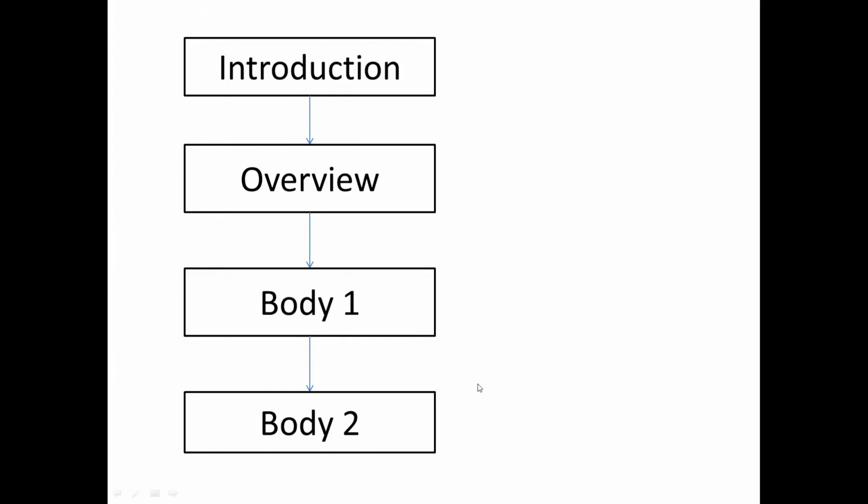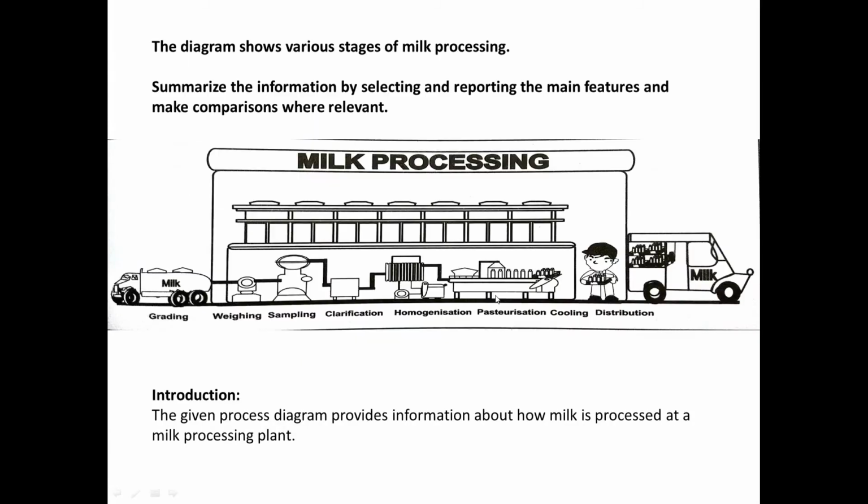Then in the body paragraphs we are going to explain everything from the diagram, from the first process to the last, in two body paragraphs or a single body paragraph. So let's see the introduction. Here in the introduction we have just paraphrased the information provided by IELTS, which is: the diagram shows various stages of milk processing. So in the introduction I have written,